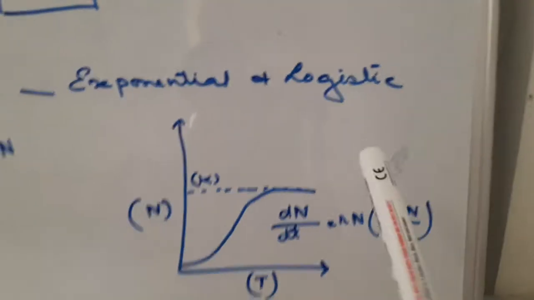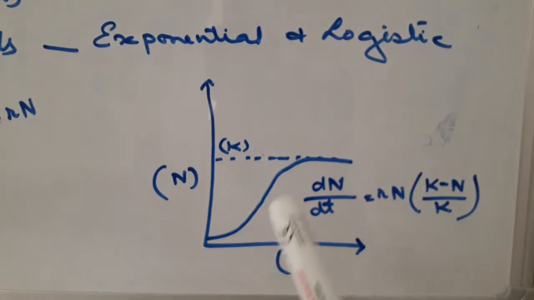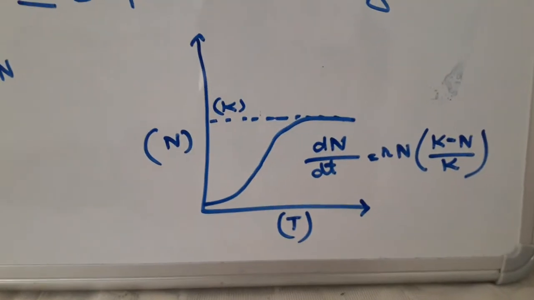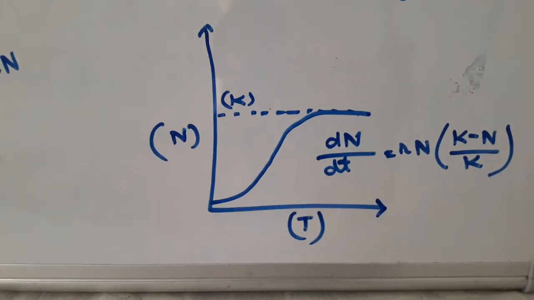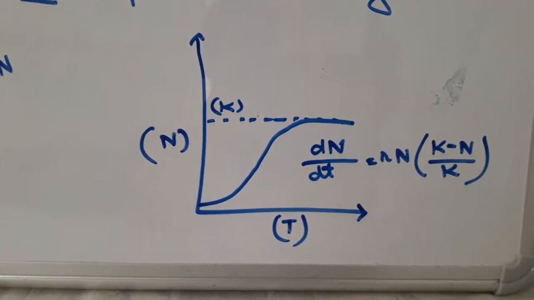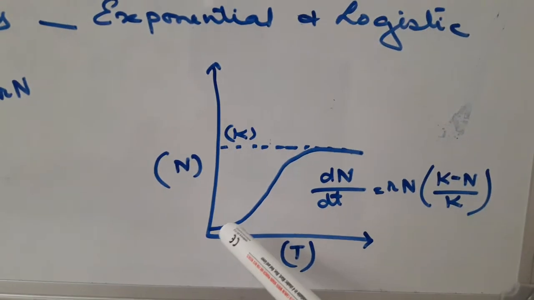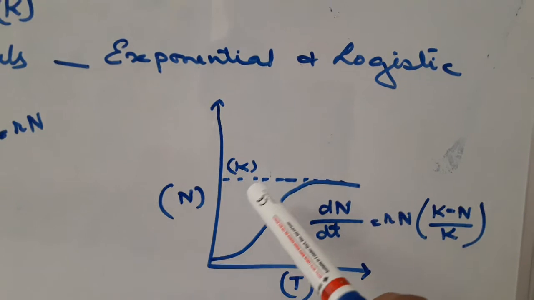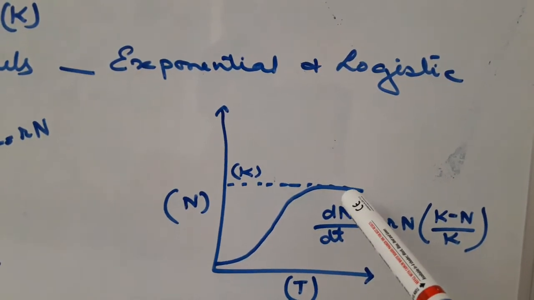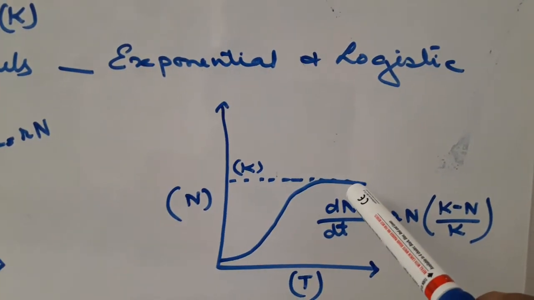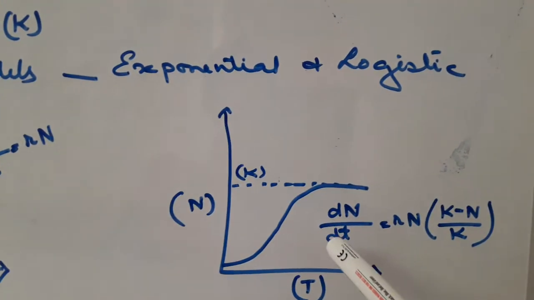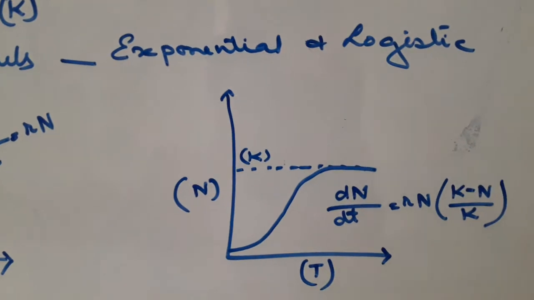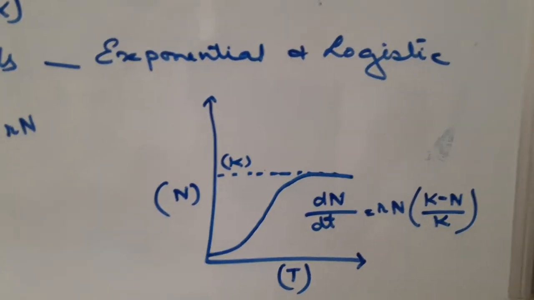Now next is the logistic growth. In logistic growth, we come across the term carrying capacity. That is the maximum amount of food and resources available to the particular population. So based on that, the growth will first be in the lag phase, where it is slow, then the log phase, where abruptly it will grow, and then the steady phase, where the maximum resources are reached, and at that particular point the growth of the population will slow down. This is represented by an S-shaped or sigmoidal curve. This is also known as the Verhulst-Pearl graph or curve.